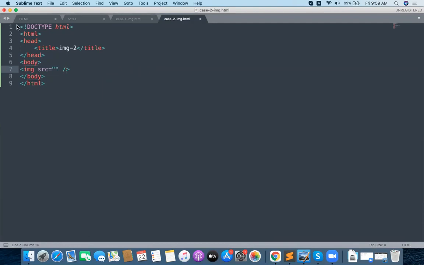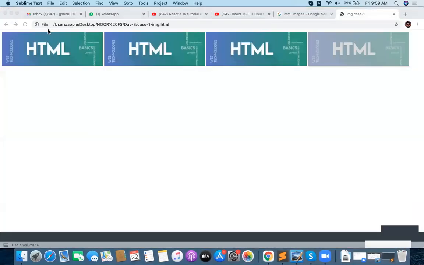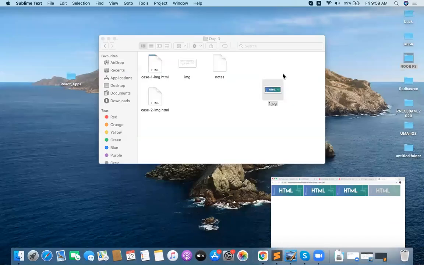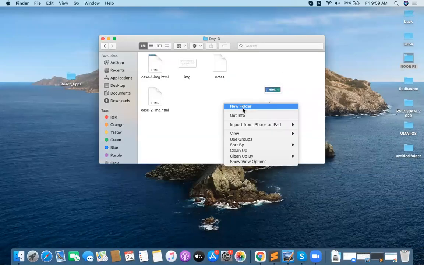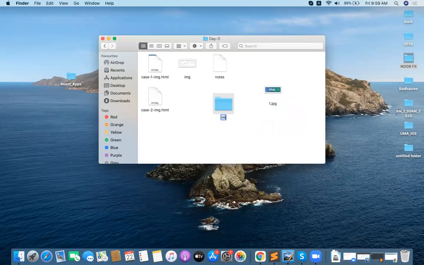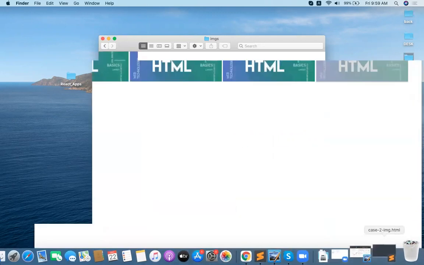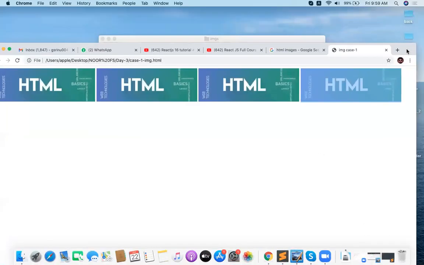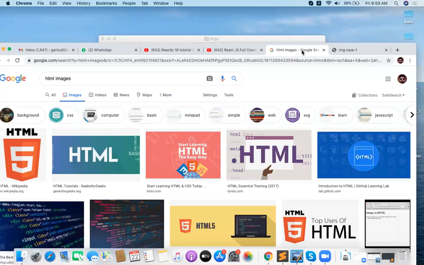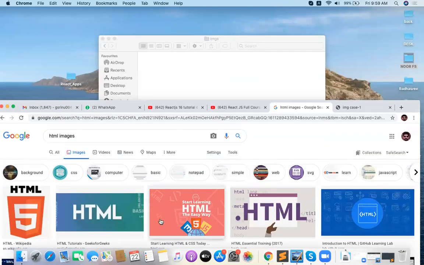Now I want to do one thing. I need to prepare the folder for images, right? Yeah. I need to prepare the folder for images. Okay, imgs. Imgs is my folder name. Open the imgs and save some images. What are the images you want? You just take it. Okay, I want to take a lot of images into this.